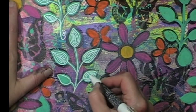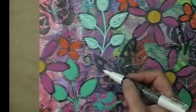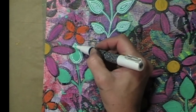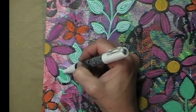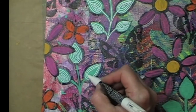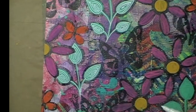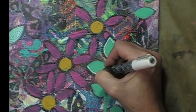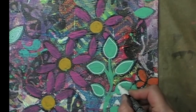So I'm just using some like Zentangle inside some of these leaves and some of those flowers and the other butterflies, just to give it some interest. So I'd like to incorporate some of my artwork instead of going out to the store and buying your embellishments that you can certainly buy, or your die cuts and stuff like that. I want to give Aislinn a book that has more of my personality and more of my doodling, and that's basically what Zentangle is. It's a bunch of doodling, and I used to doodle all the time, especially growing up